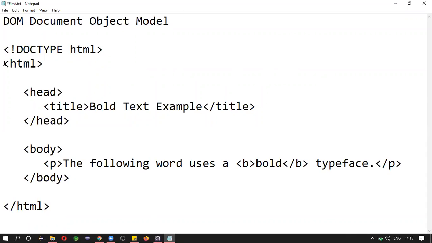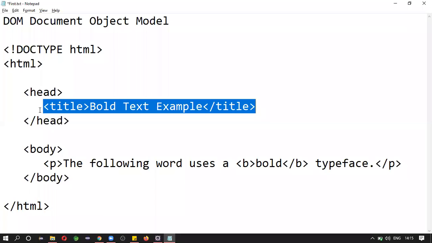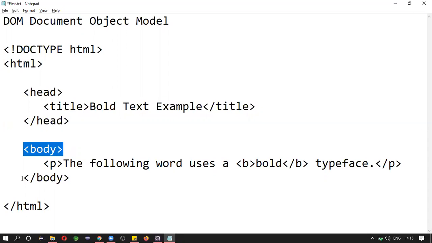Okay. Later we are starting HTML. Inside this HTML, we are writing head tag. Okay. Inside this head tag, we are writing title tag, right? So after that, we are writing body and closing the body. After that, we are closing the HTML. This tag denotes that this is the HTML page. So main content will be written inside this HTML page. Okay. So whatever you write within these starting and ending tag, it will be displayed on the screen.